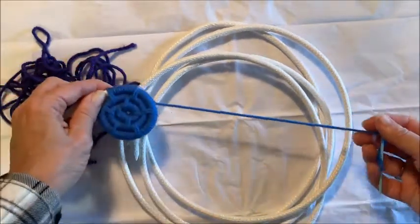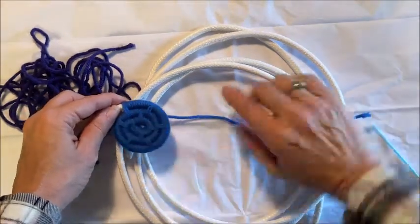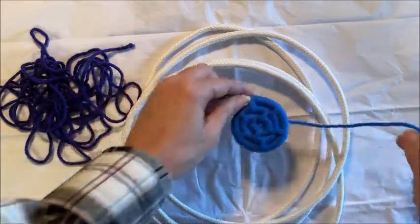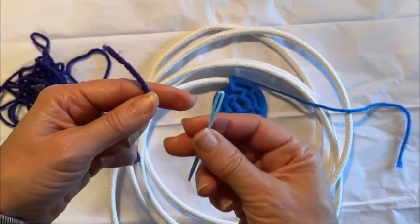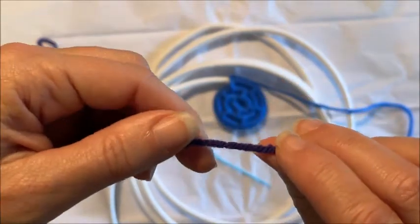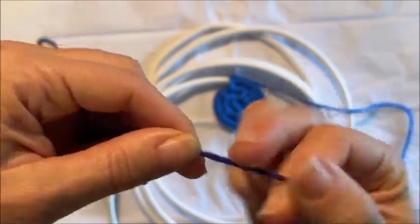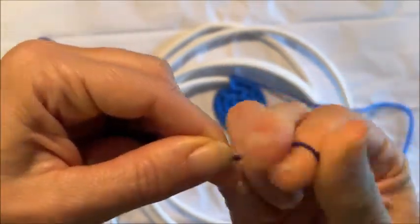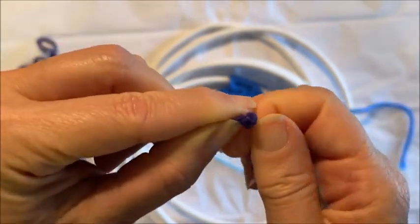Work down until you have about 1.5 lengths of your hand left of yarn, and then take the needle off of your first color. In this case, our first color is blue. Come over to your second color and put your needle on your second color. We're going to be doing this the same way I did before, where I hold the end of the yarn and twist. Twist in the direction that the yarn is already twisting, and as it gets tighter and tighter, if you let your fingers come together a little bit, it'll make a knot,